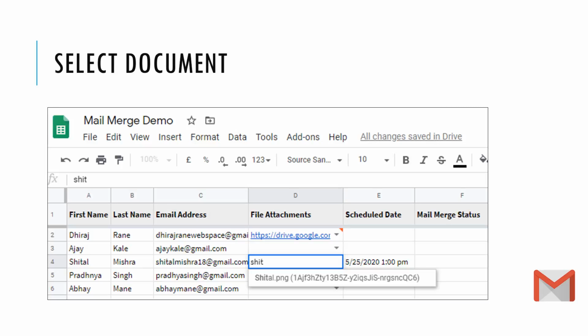After performing these steps, all the Google links are ready for us. Now suppose we want to select the web link, the share link of the certificate, for Sheetal Mishra 18@gmail.com. The name is Sheetal Mishra. I am just trying to type it, and immediately I am getting the most matching sequences. If I click it, it will get selected there. So it is a very easy way to select the URL.